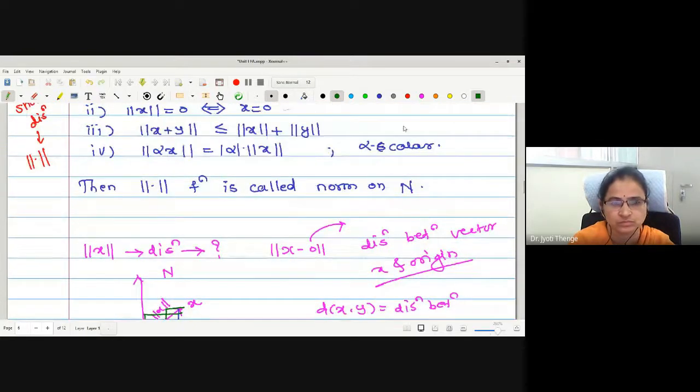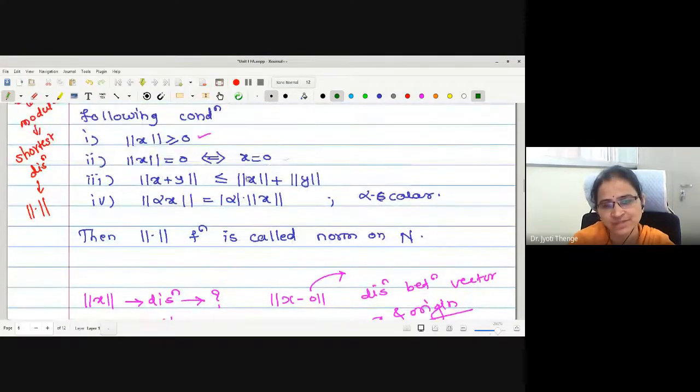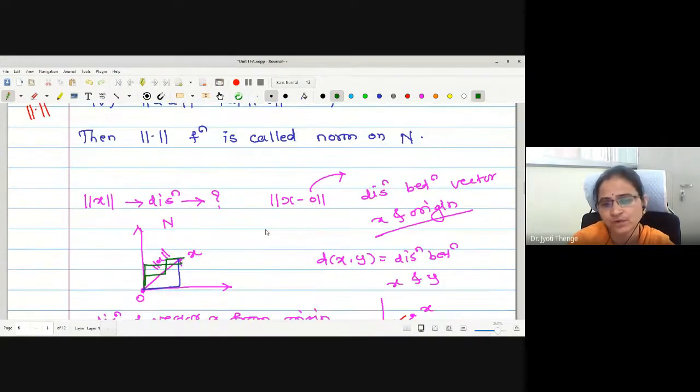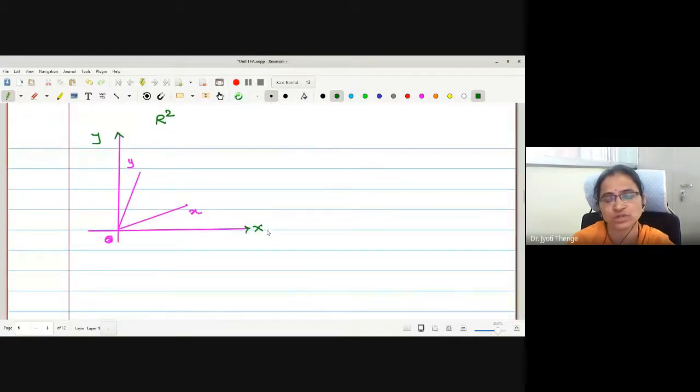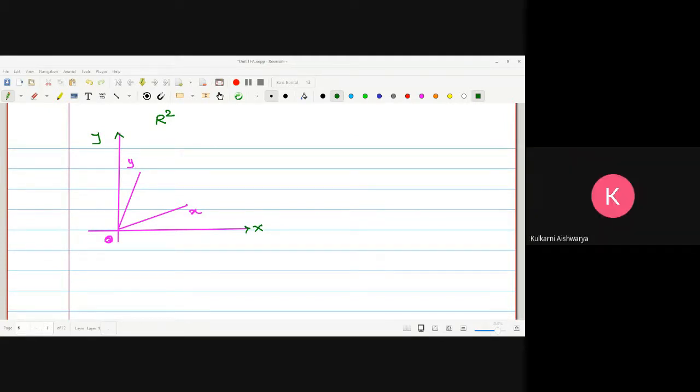I think you have studied this norm function previously, no? You should know what is the meaning of this norm of x plus y. If not, at least try to answer my basic question so that I can explain it. Where is the position of x plus y, x minus y, vector calculus, 12 standard? I hope everyone is listening very carefully. Ma'am, in between x and y, there is x plus y.